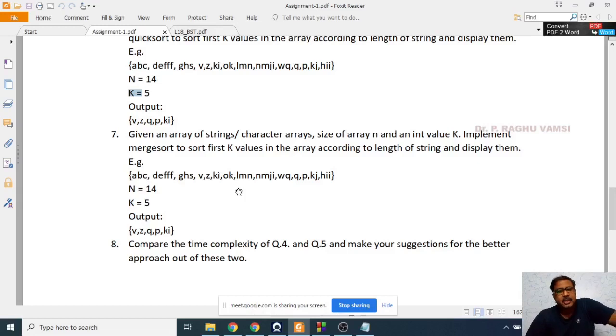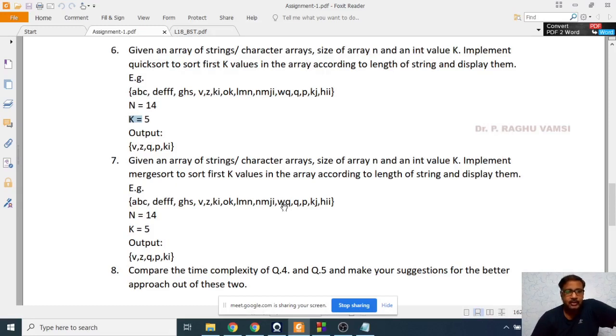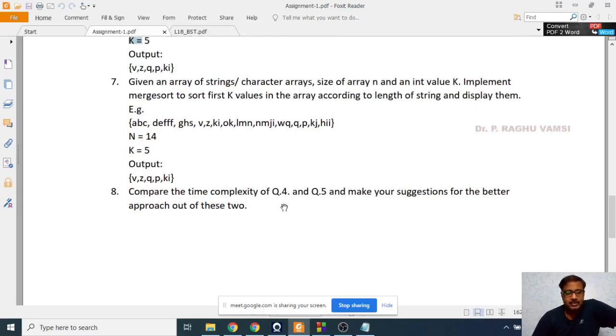Depending upon the k value, first process the lowest string length, that is 1. Perform the quicksort on the lowest string length, then perform the quicksort on the next highest, that is 2 characters. Next 3 characters, 4 characters. Like that, you are supposed to perform this quicksort and merge sort as well.